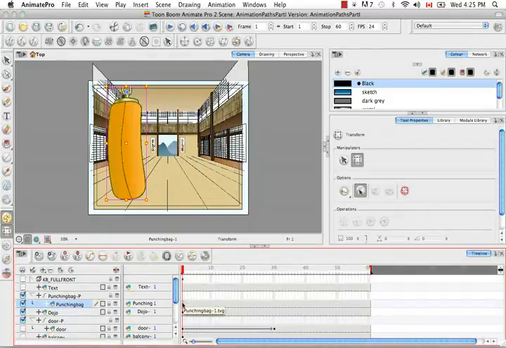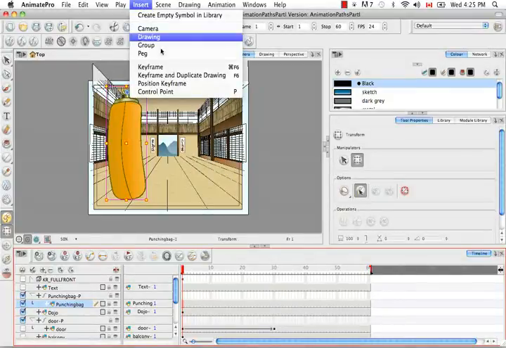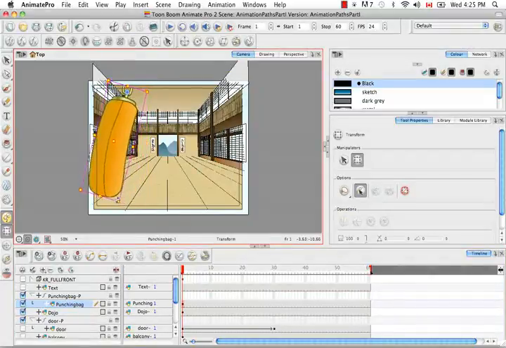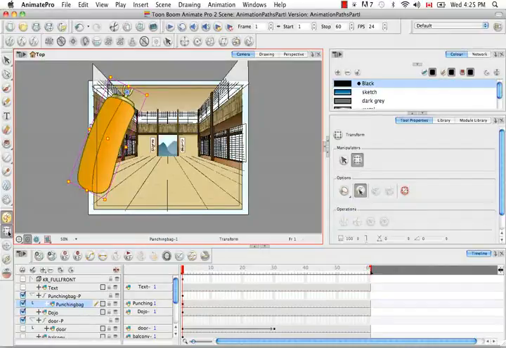So the first way that you can insert a keyframe is by going to the top menu and selecting Insert, Keyframe. Then let's make a slight movement by rotating the corner of the bounding box using the transform tool with the animate mode on. Then if you take the red playhead and drag it down to around frame 10,